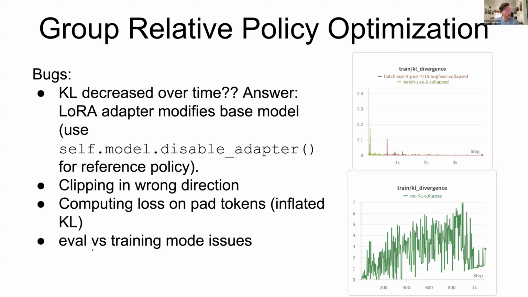And I'm still dealing with some evaluation versus training mode issues. I don't have consistency, because when you're in training mode, you have dropout, and then I'm going back and forth between them. Right now, it's giving me a memory issue. It's using too much memory. I'm not sure exactly what's going on, but it's an ongoing issue.